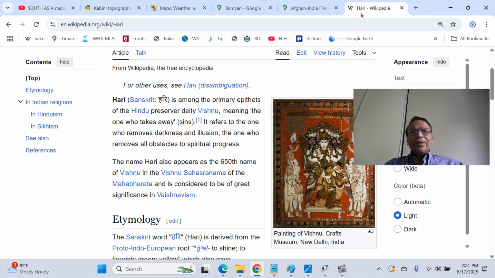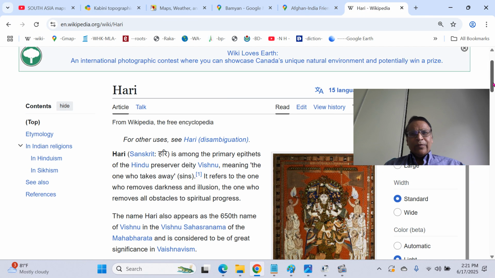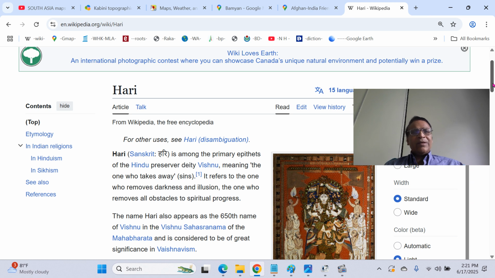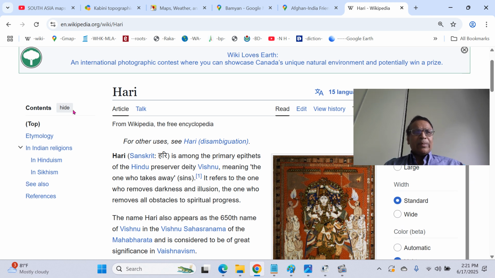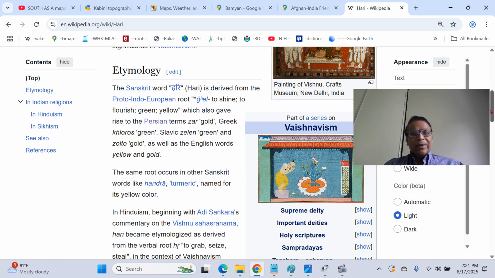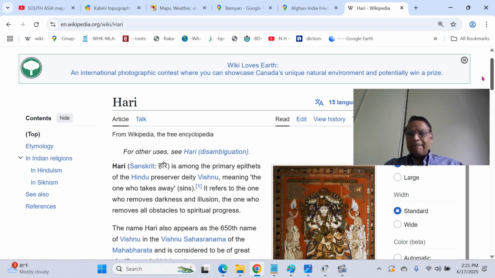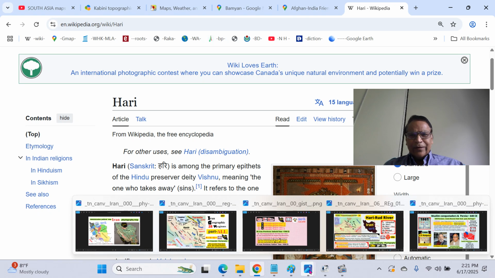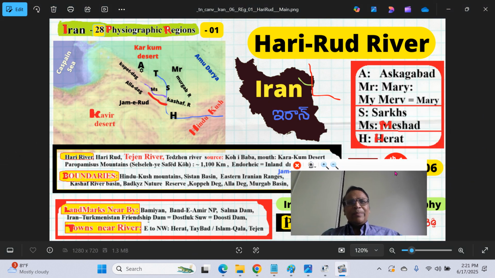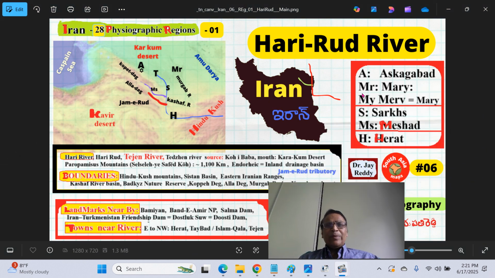You can see the river historically, before the conversion, this region was ruled by Hindu Buddhist emperors. So the river was named based upon the Hindu god Hari, a Trimurti, a prominent god, a maintainer, Harirud. Rud is a river, Hari River, sacred river Hari. So that is about the fascinating Harirud River, and I hope this will help you to put things in proper perspective. Harirud River, Kashaf River I have shown here.